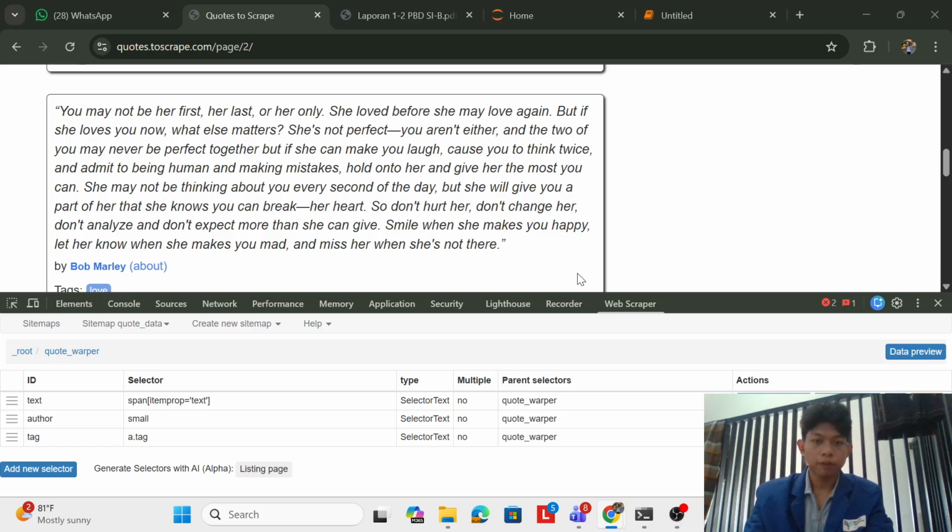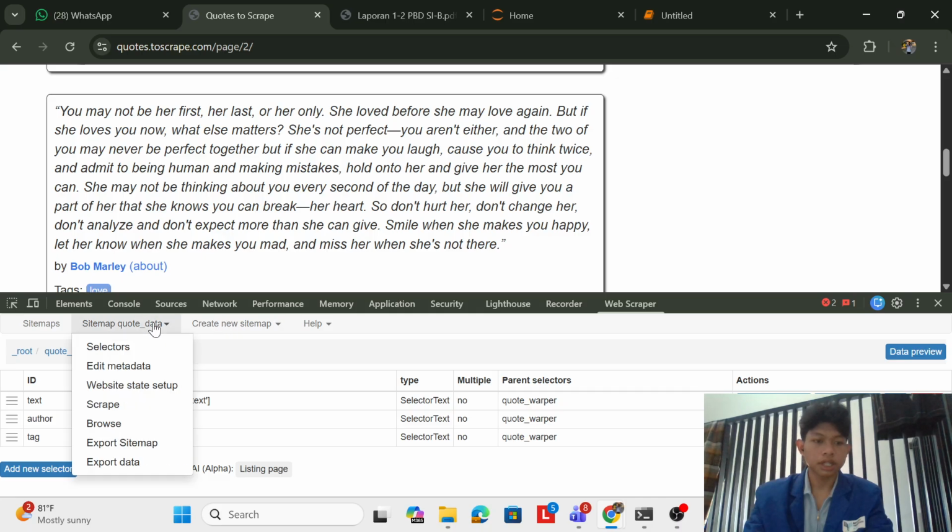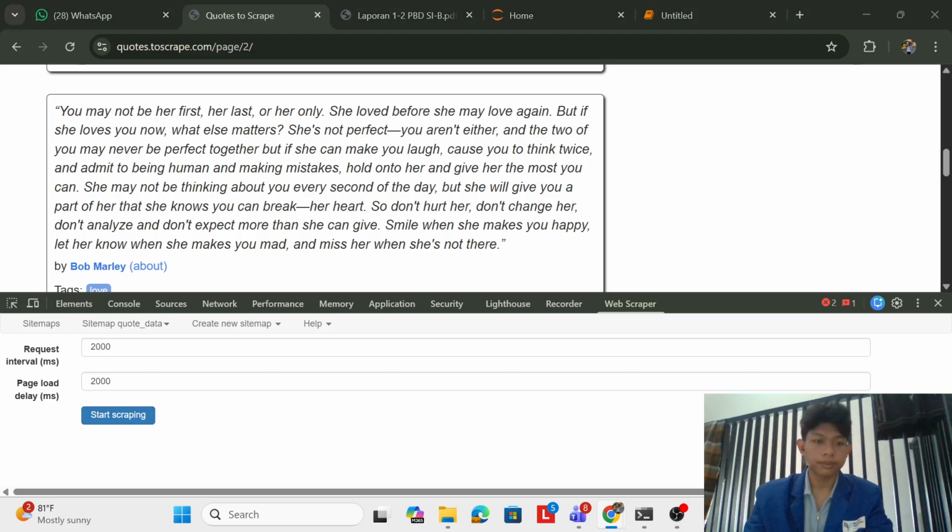With the setup complete, it is time to run the scraper. I'll open the sitemap and scrape. I will leave the request interval settings at their default values and click start scraping.